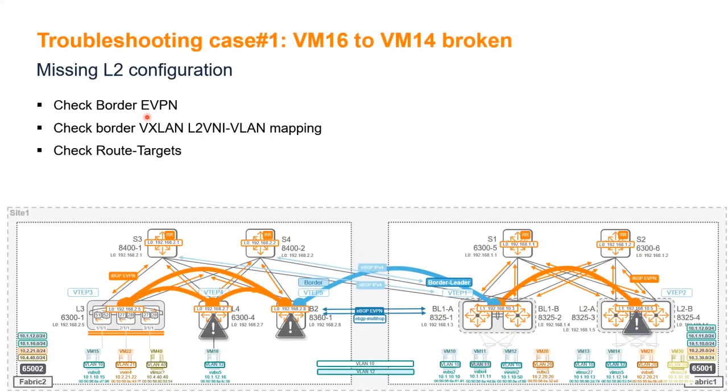I've got a troubleshooting example here, though I'm a bit short of time. This example is just to recap the key bullet points that you need to check if I want to troubleshoot the broken traffic between VM16 here, which is in VLAN 12, and VM14 here, which is connected to that border. So let's say you have a customer issue between those two workloads not working. This is inside the same VLAN.